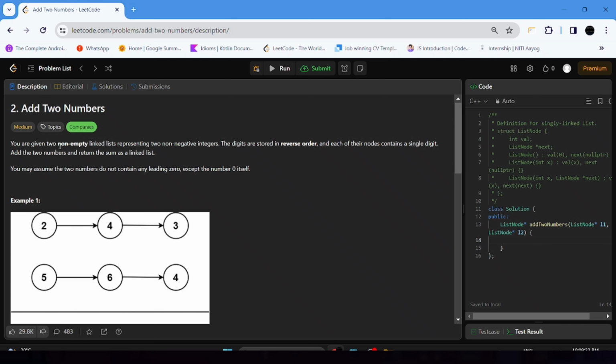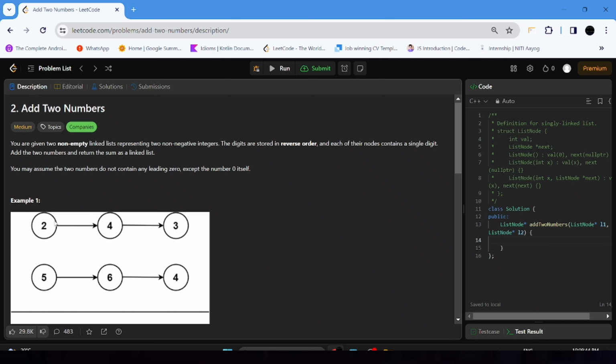You are given two non-empty linked lists representing two non-negative integers. That means you are given a linked list. You can check this is a singly linked list. We have already discussed what a singly linked list is in our previous problem, which was LeetCode 21, Merge Two Sorted Lists.